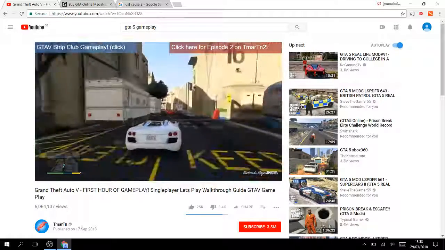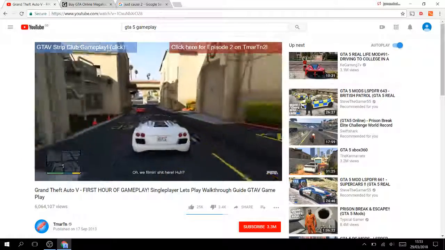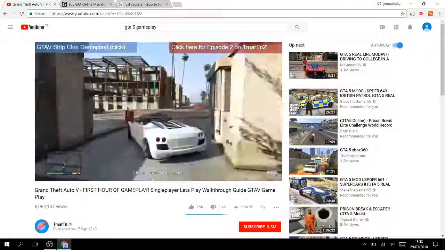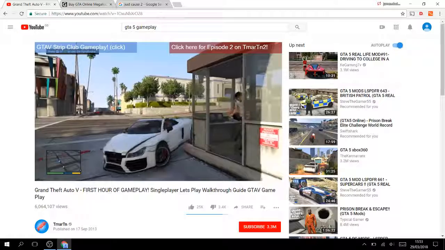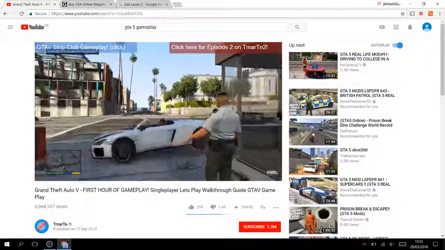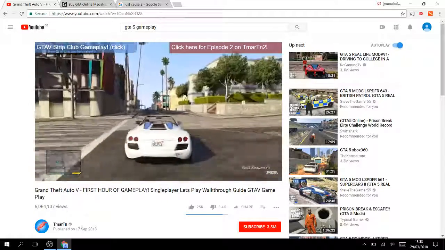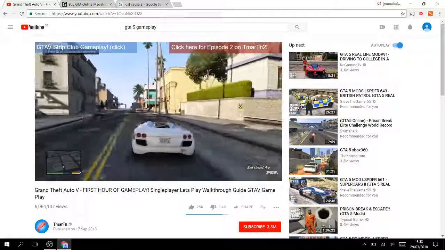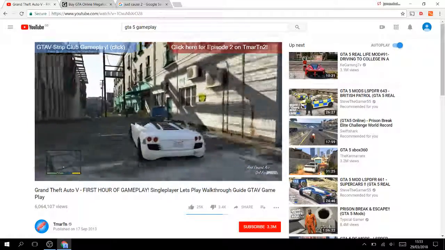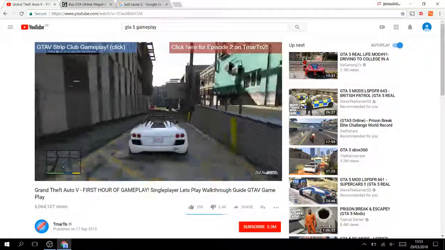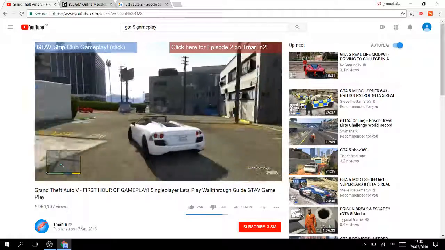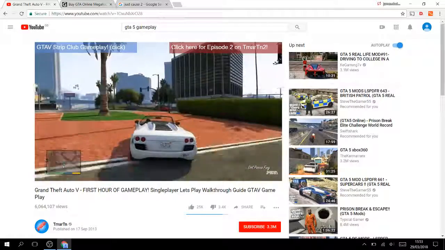You can hit jumps. You have just got to keep an eye on this one red car. And this is why open world attracts so much attention, because you can do whatever you want, whenever you want, however you want.